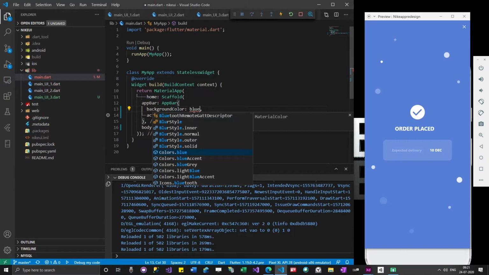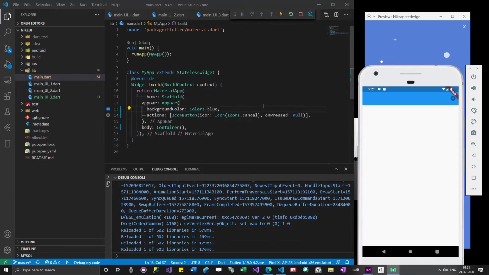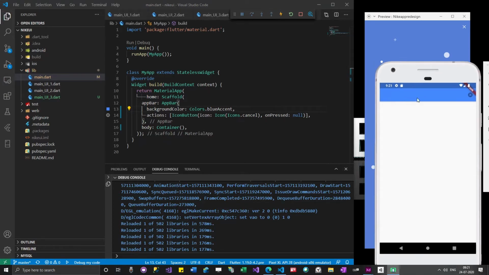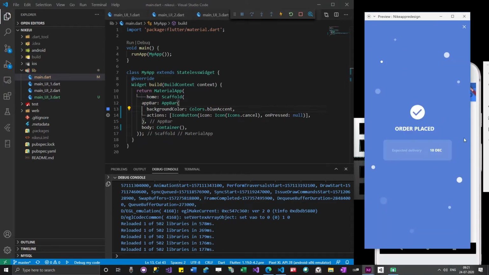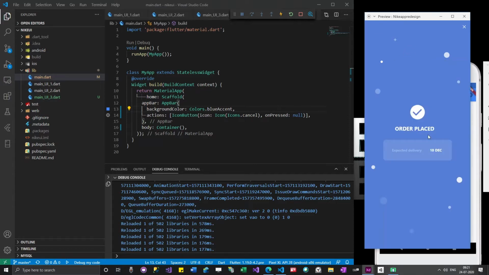Just type the keyword you have in mind and it will show you the suggestions. Okay, so Colors.blue. So this looks much like a nearer color. You might see some slight differences between these two things, because when we add app bar, it will have some border, right? That border may appear over here.